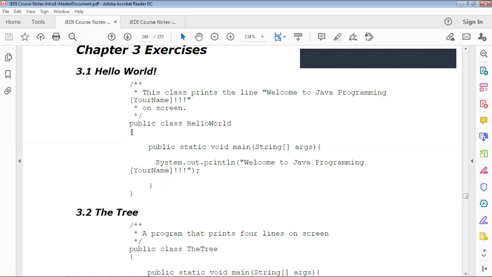Then we have curly braces here. We have two curly braces, a begin and an end, enclosing compound statements. So the output is "Welcome to Java Programming." To run your program,